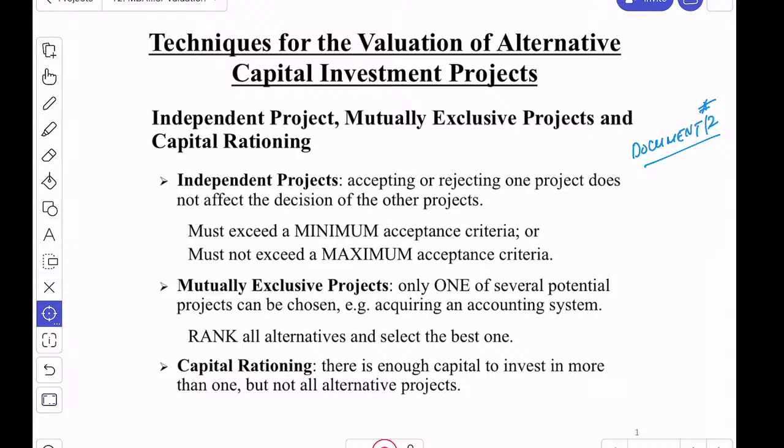So you have enough capital to invest in more than one, but not all the alternatives. Okay, so we are going to spend a lot of time on independent project analysis, and then at the end I will talk about choosing between projects and having to choose and to leave some behind. But you get to choose more than one project. Okay, so ready? So as I mentioned, we already did this before using